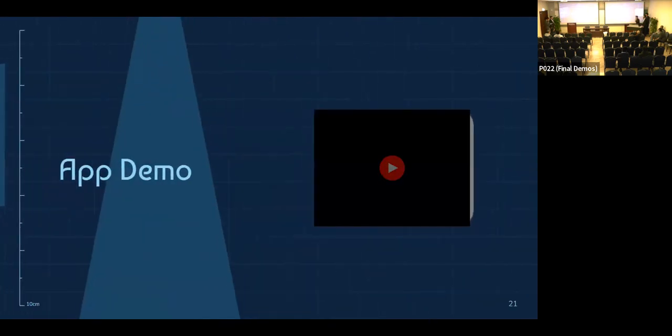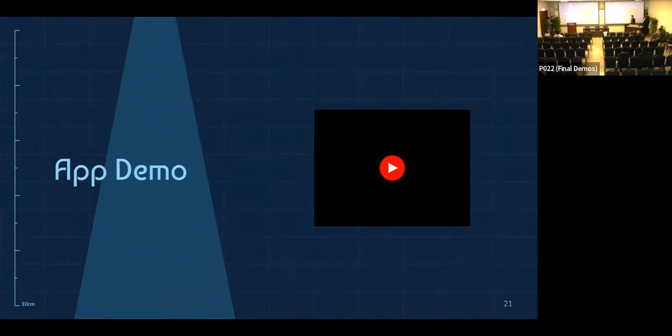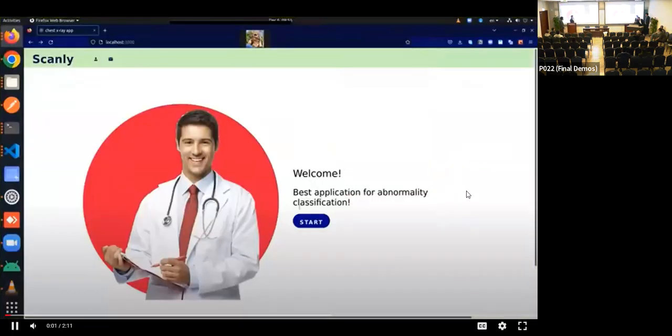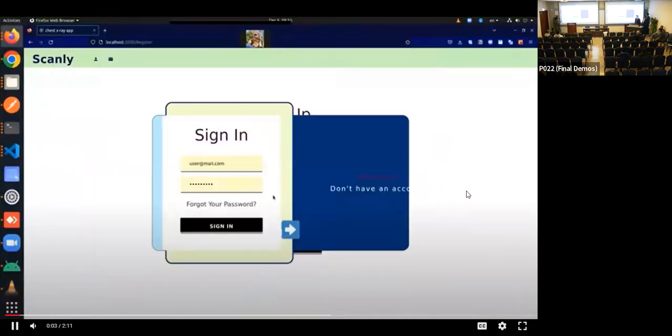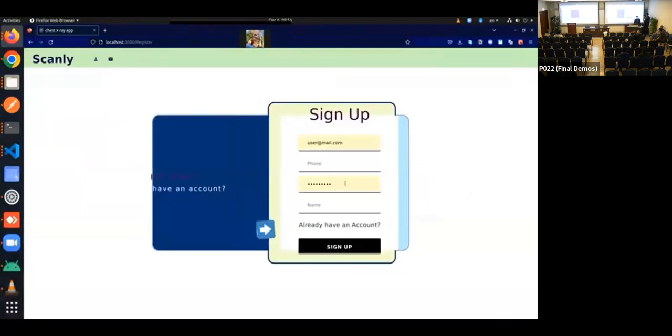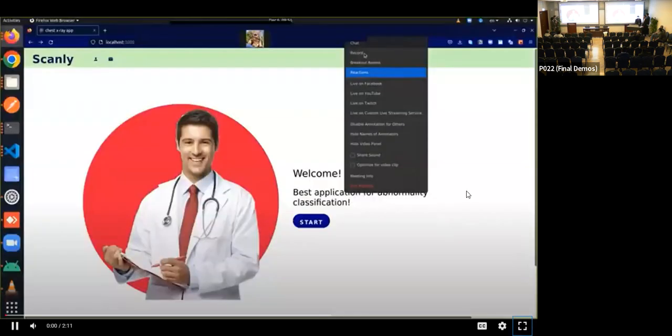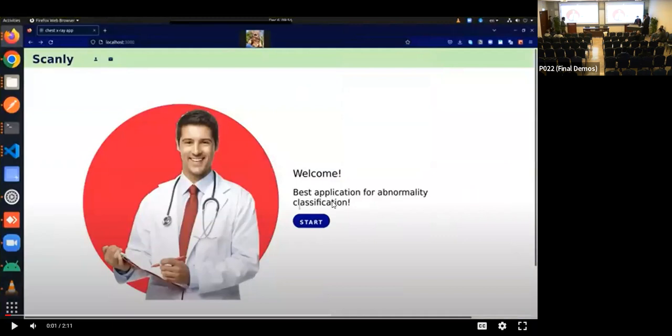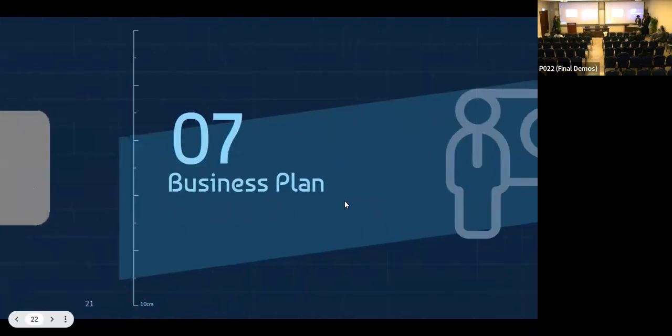So let's continue with this app demo. Okay, so for the app demo, the user, can you pause please. For the app demo, the user basically